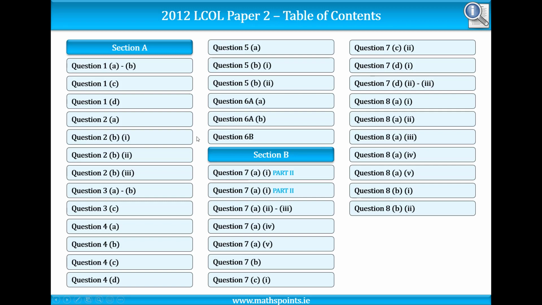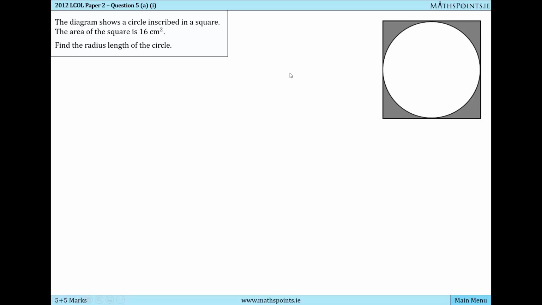So we're going to take a look at an area question from the 2012 Leaving Cert Ordinary Level paper. We can see a diagram here that shows a circle inscribed in a square. Inscribed just means it fits perfectly inside, so the edge of the circle just touches the square in one spot on each of the sides. The area of the square is 16 centimeters squared, and it asks us to find the radius length of the